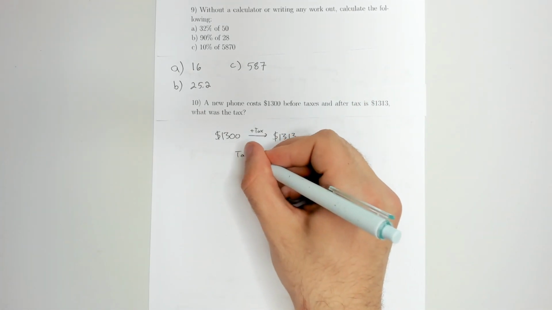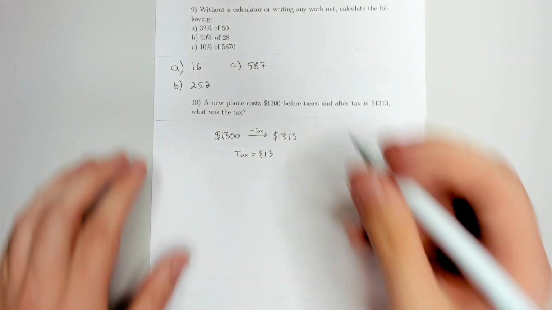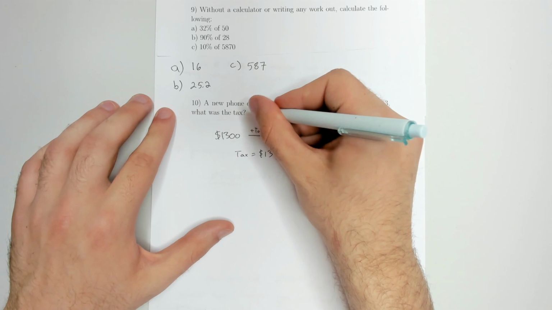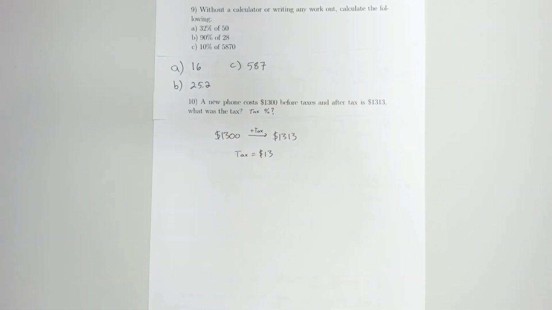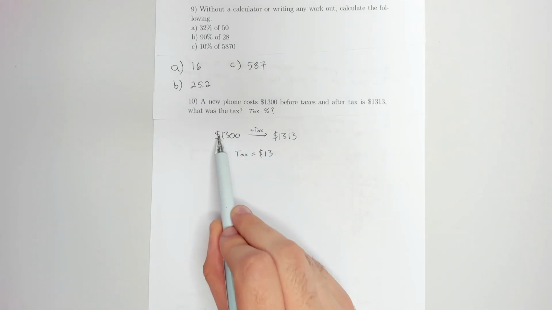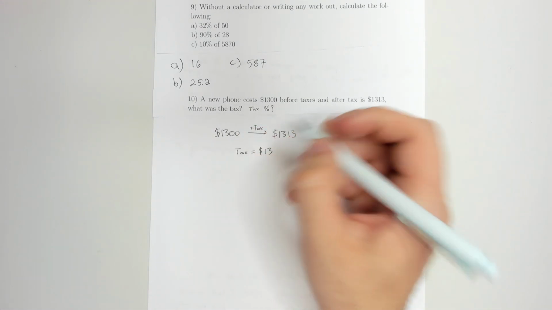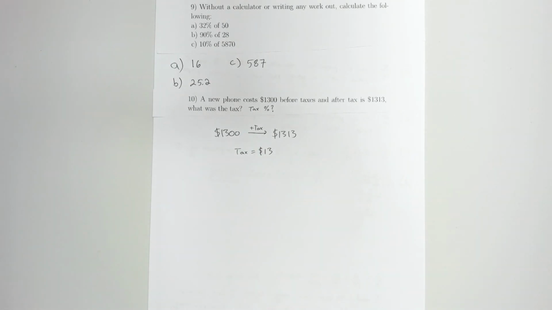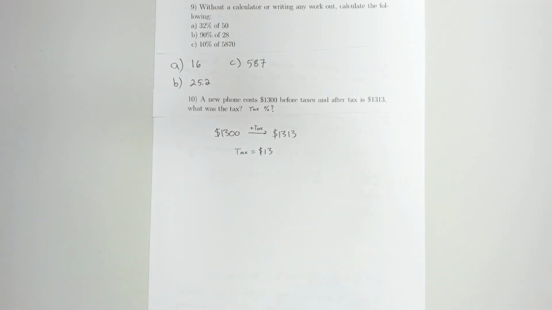That means our tax is $13, right? And what this question should also ask isn't just what was the tax, because that's easy, but it wants to also know what was the tax percent. So the tax percent, basically what percent of 1,300 is 13? Well, to go from 1,300 to 13, we are basically just chopping off these two zeros, right? And chopping off those two zeros is equivalent to us sliding the decimal back 2 places, or equivalent to us dividing by